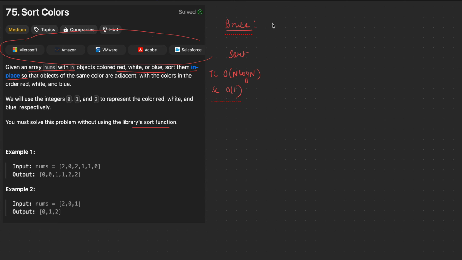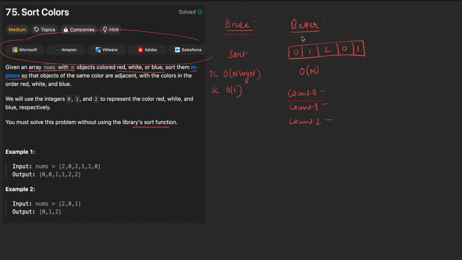Now, moving on to the better approach. Suppose we have an array of multiple 0s, 1s and 2s, and we have to sort them in place. So how will we do this? For an order of n time complexity approach, what we can do is take three variables: count 0, count 1 and count 2,